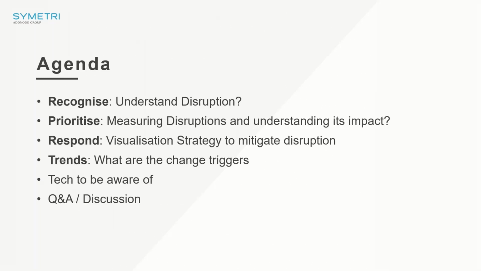I like to put things into three categories, and it's the framework that I use with my own team, which is recognize, prioritize, and respond. We like to look quite far out at the trends that are going to influence the decisions that we make. I actually try to use things like the Gartner hype curve, which I'm not going to use for the first time in a while today, but if I can give you the tools to understand trends, it will help you develop a more robust system and also accelerate your decision making.